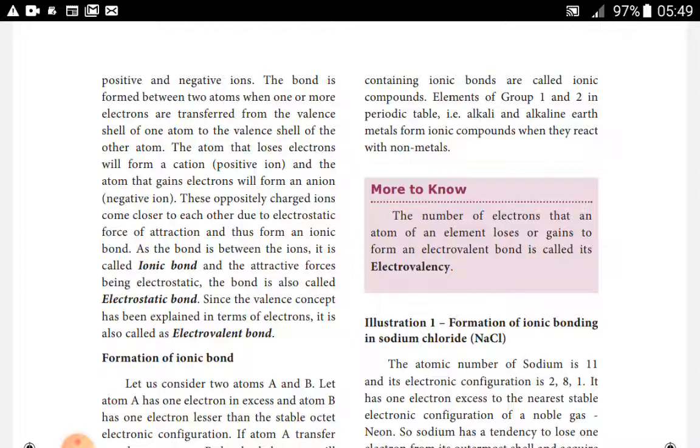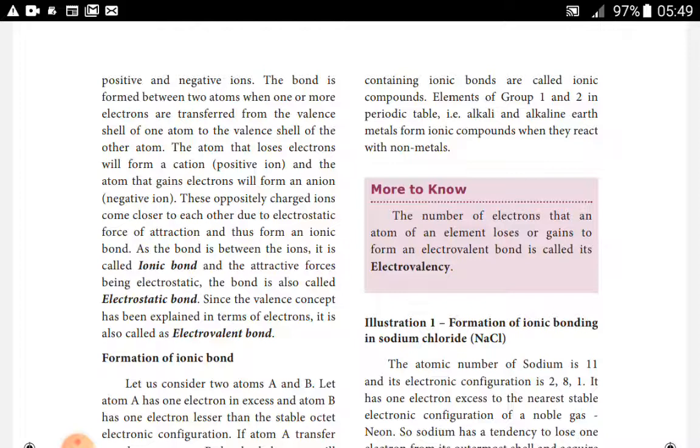elements in group 1 and 2. The first group, when you take the periodic table that we learned in the last lesson, the group is what we call the elements present in the vertical columns. First group are hydrogen, lithium, sodium, potassium, rubidium, cesium, francium. These are in the first group. And the second group, alkaline earth metals, that is beryllium, magnesium, calcium, strontium, barium, radium, they are called alkaline